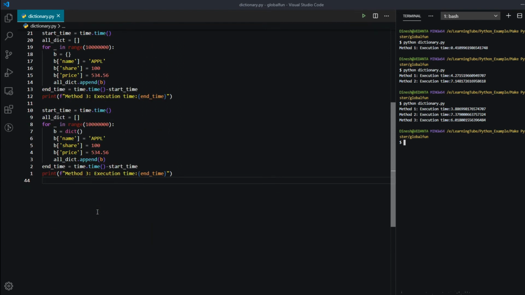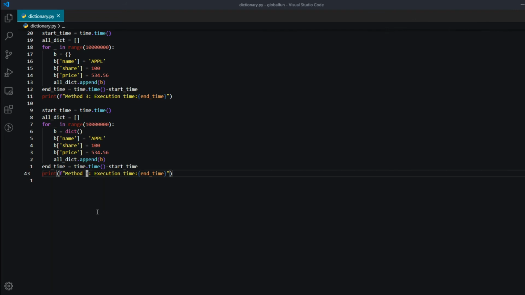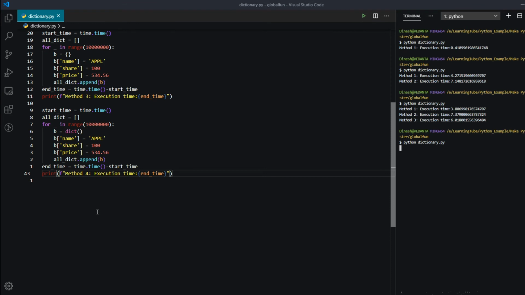So this is our method 4. Let's see how much time it takes. First method: 3.97 seconds. Second method: 7.03 seconds.